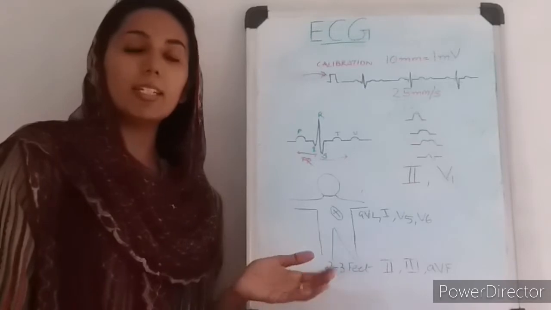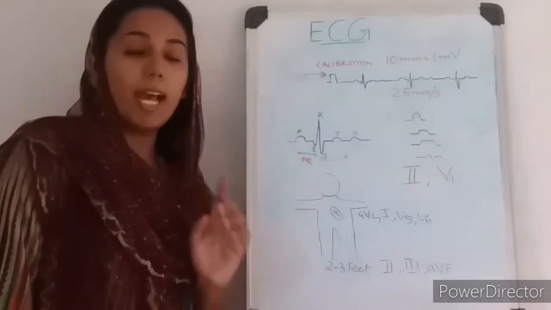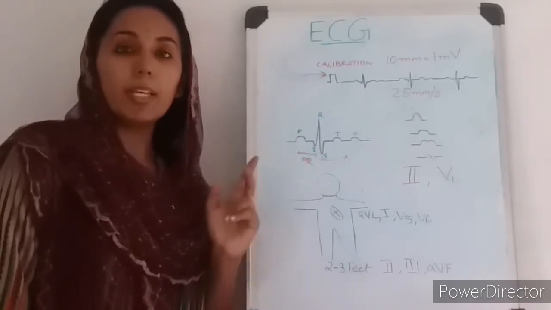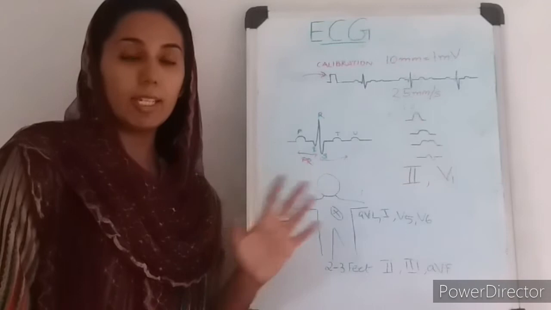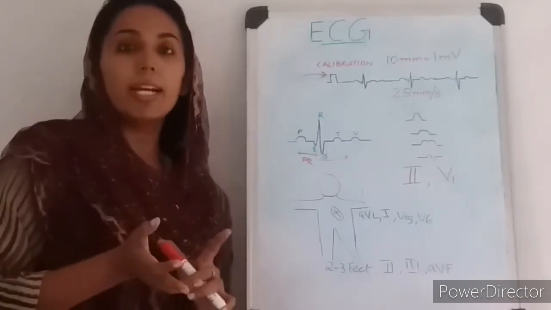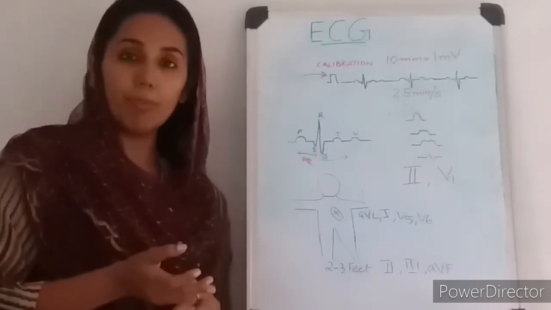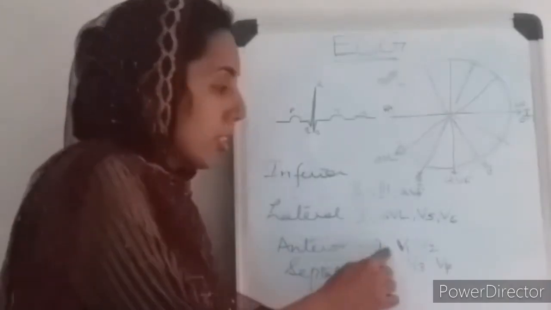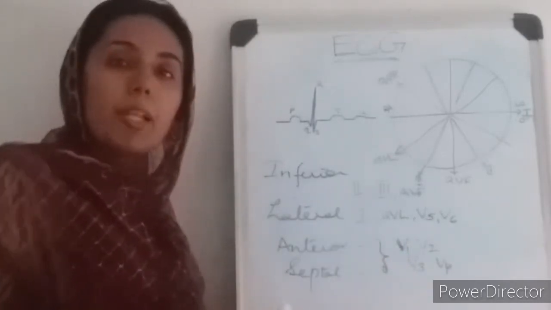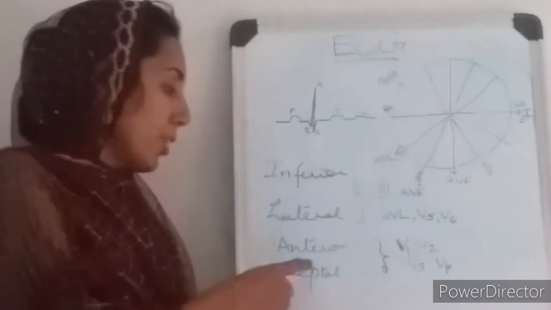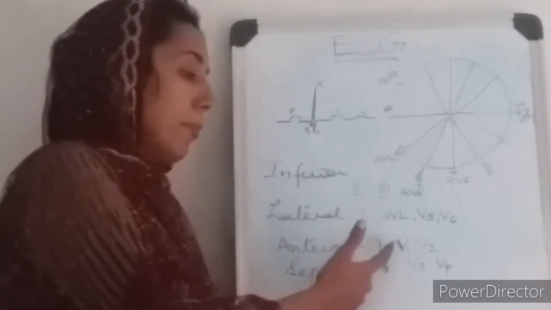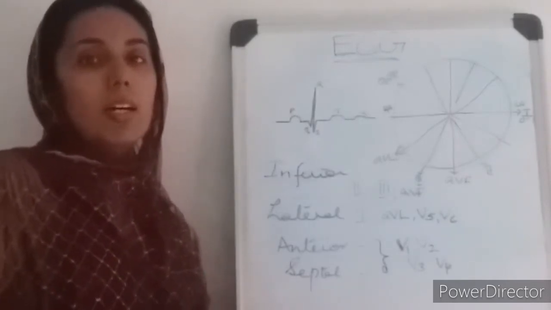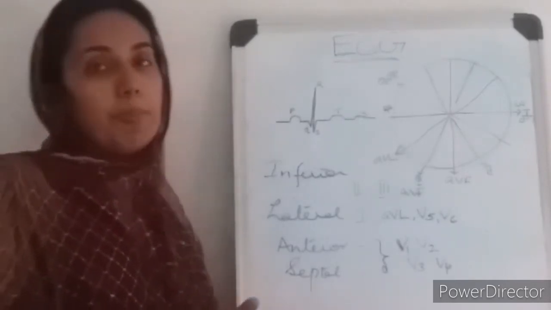So what are the leads that give us an idea about the lateral view of the heart? The lateral view of the heart is received from lead 1, aVL, V5 and V6. The right ventricle is seen by leads V1, V2, the septum by V3, V4, and the left ventricle by V5 and V6. Coming to the anterior leads, it is taken by V1, V2 and septal by V3, V4. But most of the time these are taken together as anteroseptal leads. If you get any pathology in V1, V2, V3 and V4, we take it as an anteroseptal problem. If an MI is happening, it is an anteroseptal MI.